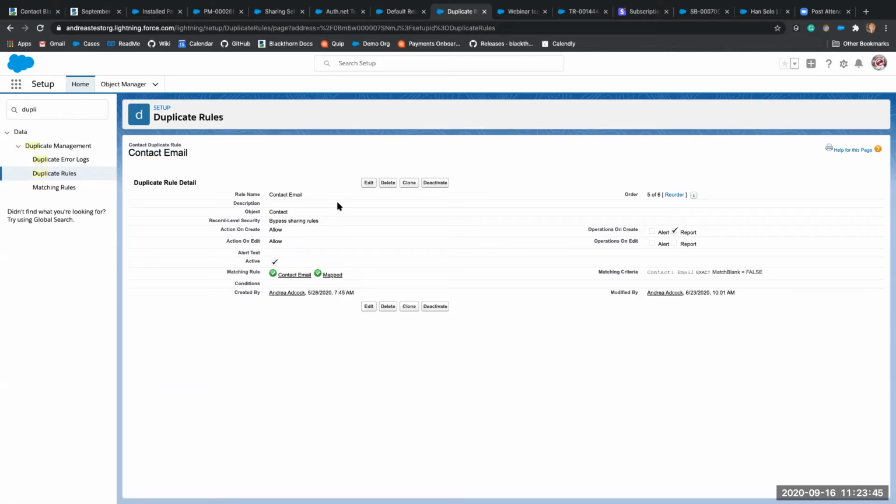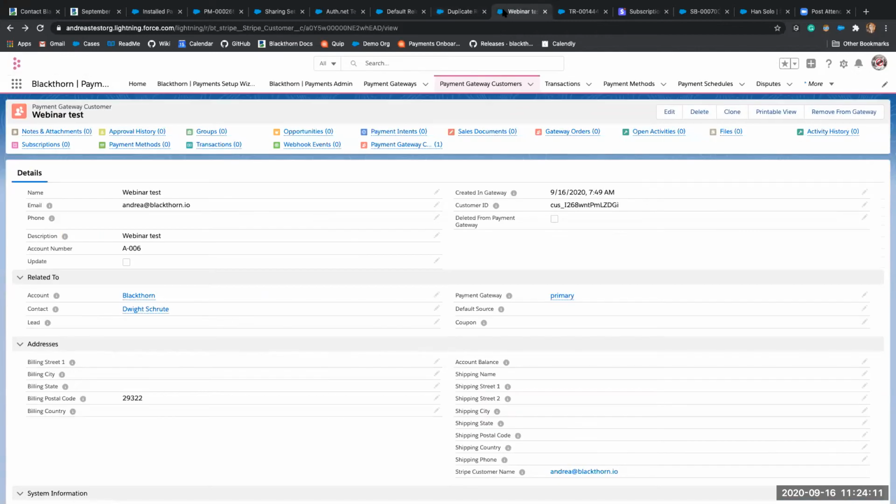What our logic is doing is reviewing the matching rules that are related to your active duplicate rules, and that's how we decide what's really a match. So in this example, I've got a contact duplicate rule set up to match on exact email. So what that means is